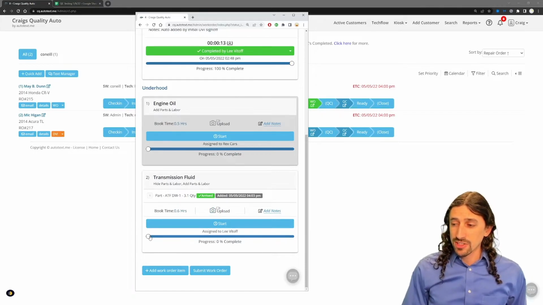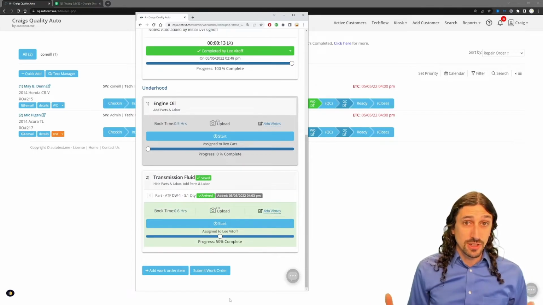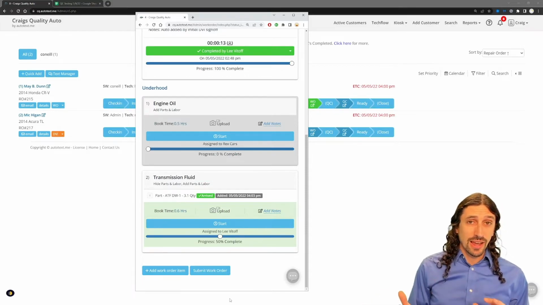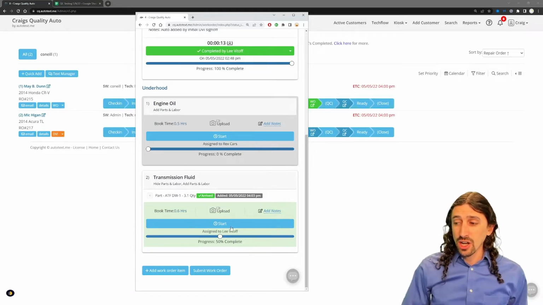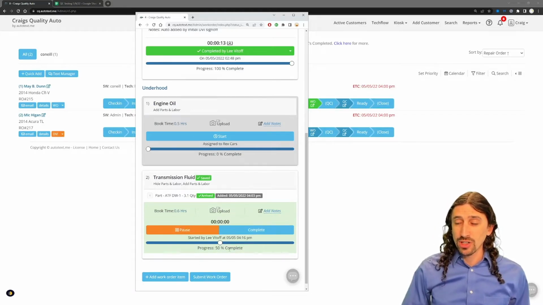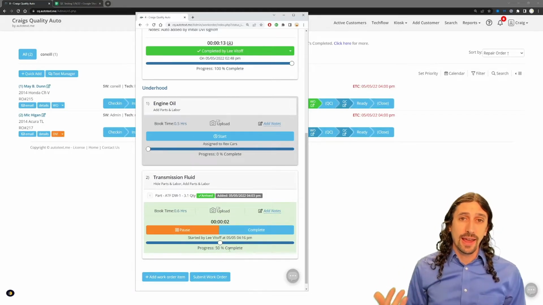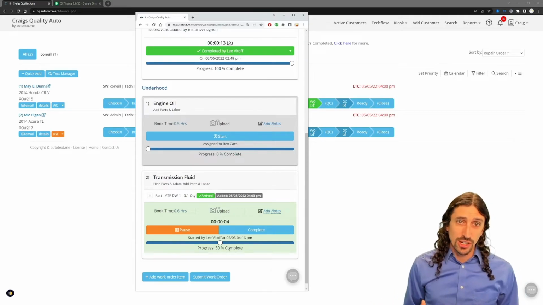Now, you also have this slider. Technicians can choose this to indicate the level of completeness that they have for a particular task. It's very helpful to stay focused this way as a technician. Otherwise, you also have the timer. And when you click on that, that does begin an active timer that is going to track your actual time